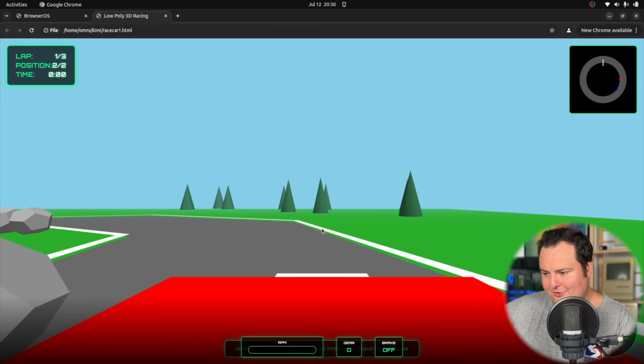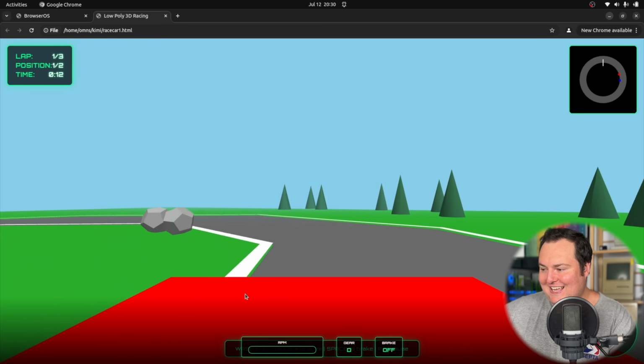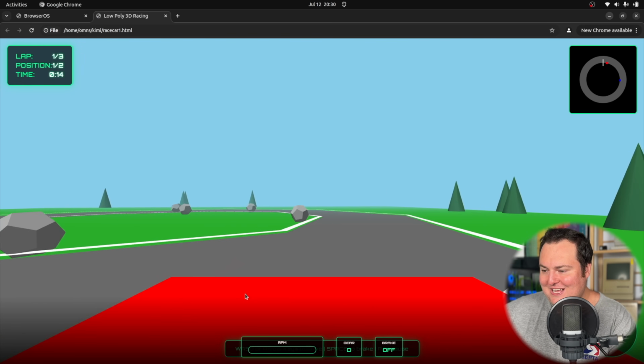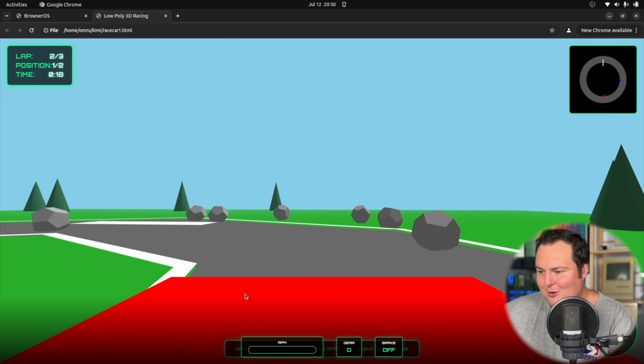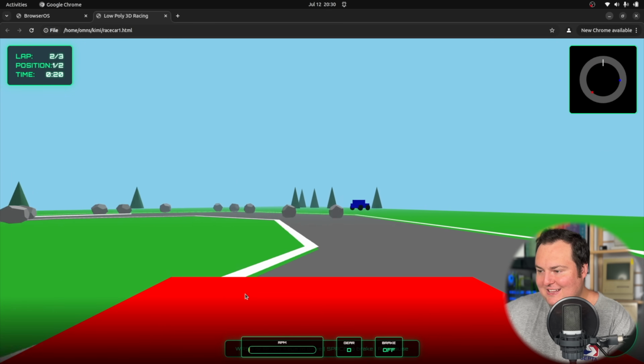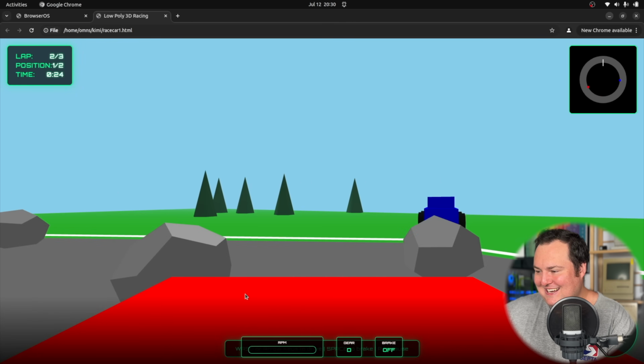All right, start race. Okay, we do have a simple dashboard here now, although it is kind of overlaid over the instructions. Let's see, first and foremost, the biggest issue was that going forward didn't go forward. Okay, so that is unfortunately still an issue, so it didn't fix that. The little RPM gauge there is quite cool. The only other issue that we had was that the opponent did not actually show up,